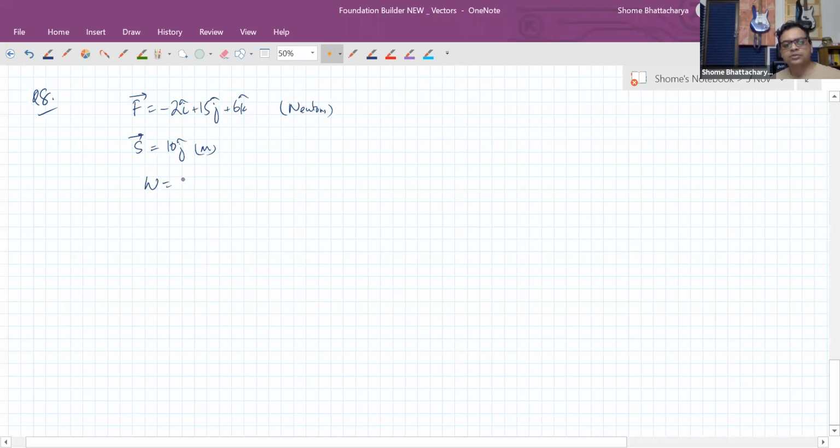So work done we have to calculate. That I've told you is the direct application of dot product. It's a definition you will be learning in a later chapter also. So work done is given by the scalar product or dot product of these two. So it is nothing but plus 150 joules. As you can see, this dot product, you should write like this now. So these two are 0 and this one in between is plus 1. Right, Rishi, this is clear?